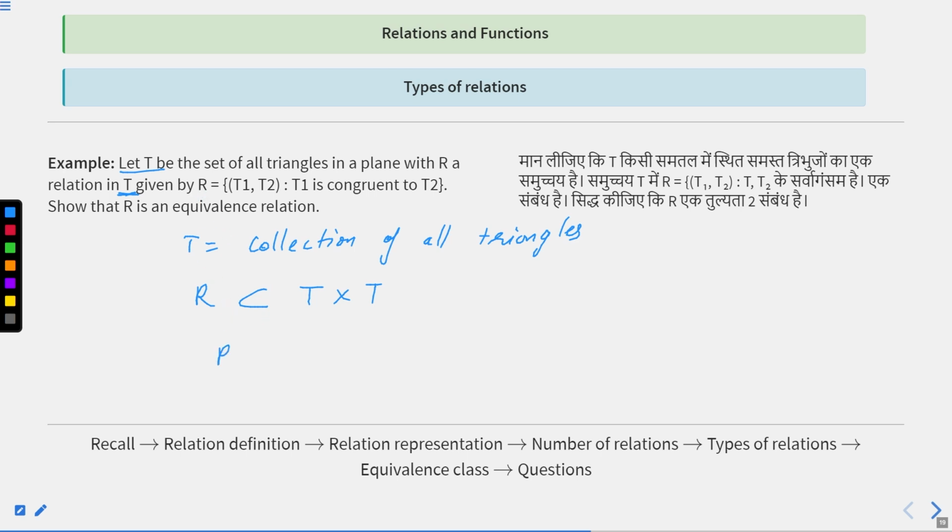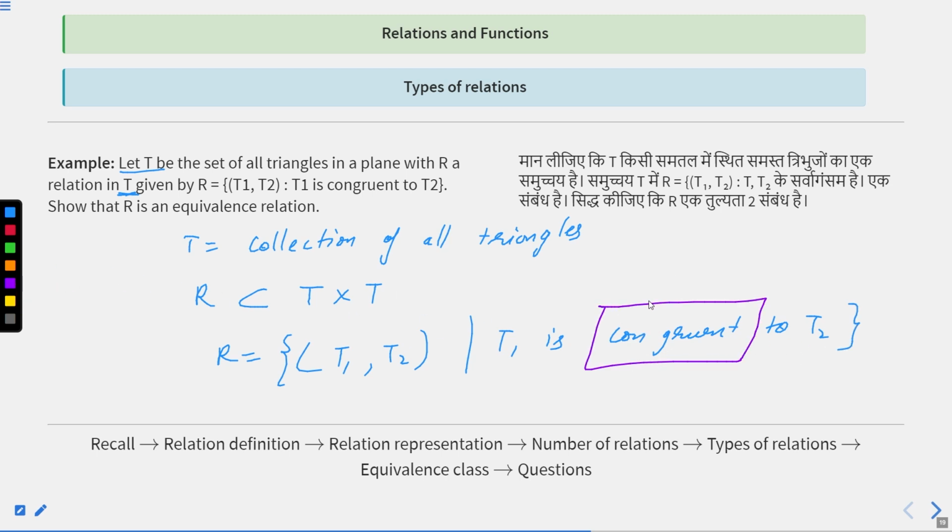Now R is defined as the collection of all pairs T1 comma T2 such that T1 is congruent to T2. What does this mean? This word means same in shape and size. Okay, this means more clearly,